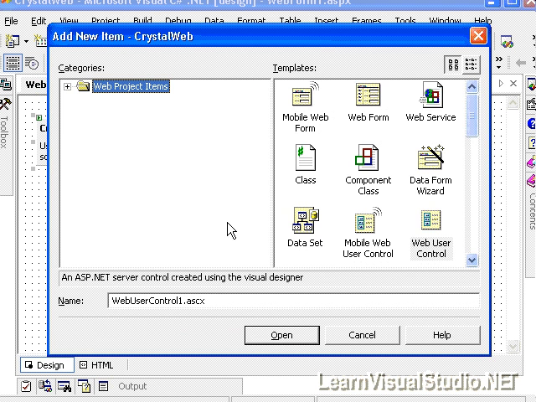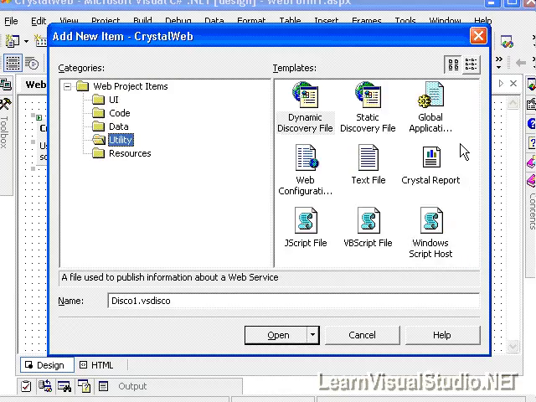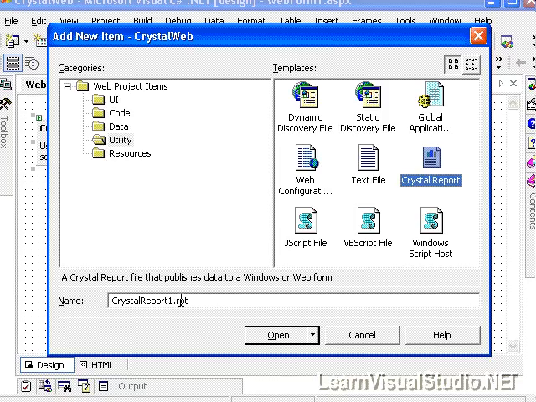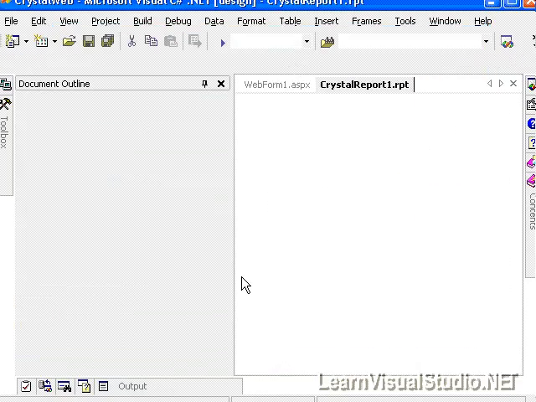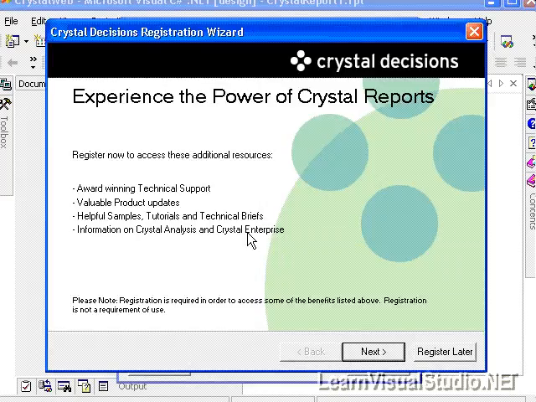The Add New Item dialog pops open. I'm going to go down to Utility and select Crystal Report. I'm going to leave it the default name for now. Click Open. Now you'll notice when I do that the Crystal Decisions registration wizard opens. You get to use Crystal Reports in Visual Studio.NET